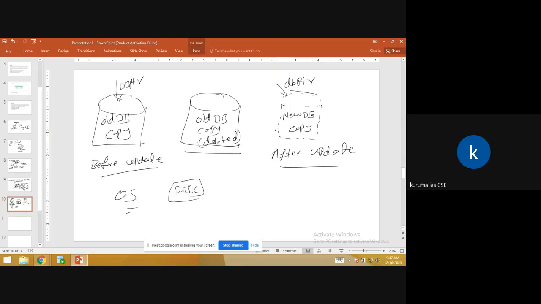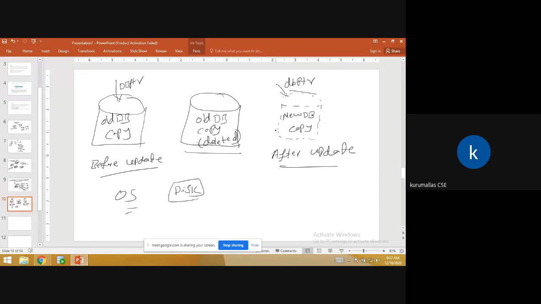Which means that by using the shadow copy technique, we can handle two major issues: transaction failure and system failure. Even if a transaction failure happens inside the database, there is no problem, because of atomicity and durability it can recover the data. It is all or nothing. If one thing happens, it is reflected in the other one. Nothing means if it is not done, nothing happens. That is all or nothing.